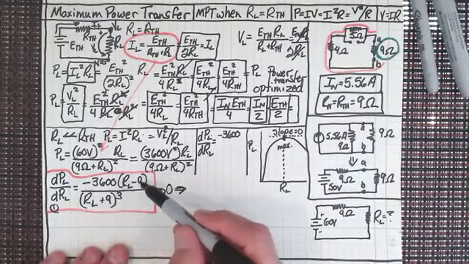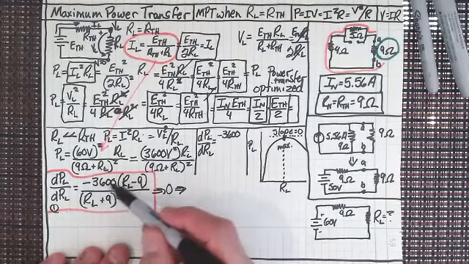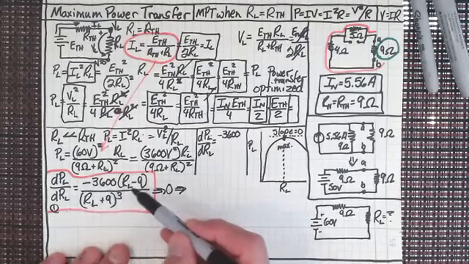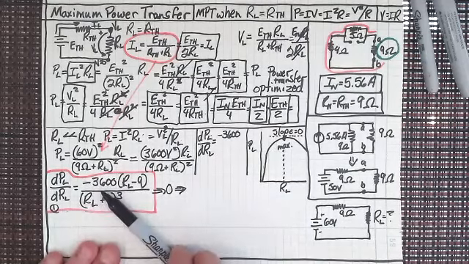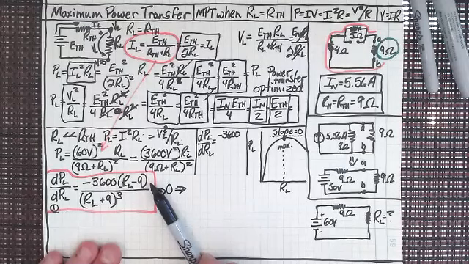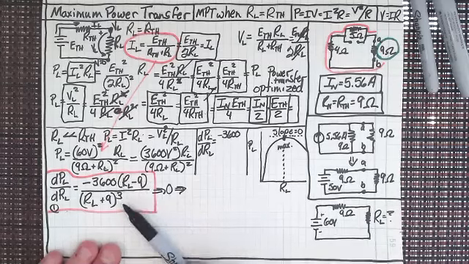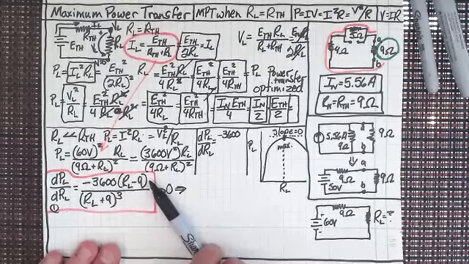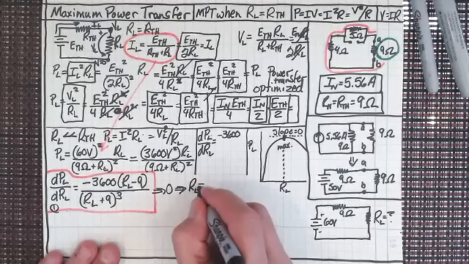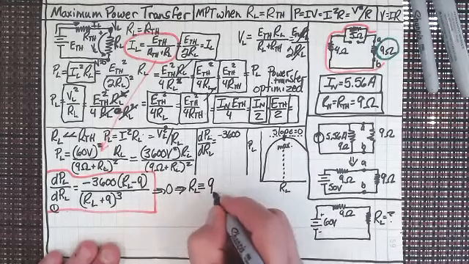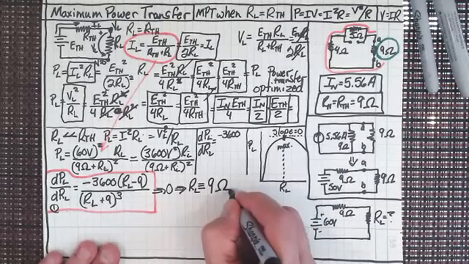Now, look at this. Before we go through a whole thing figuring out what this would be, just look at it for a second. What could R sub L be so that the numerator is 0? That's what we want. We want the numerator to be 0, because it doesn't matter what the denominator is. If the numerator is 0, it's 0. I think everybody can see that what that's saying is that R sub L must equal 9 ohms,